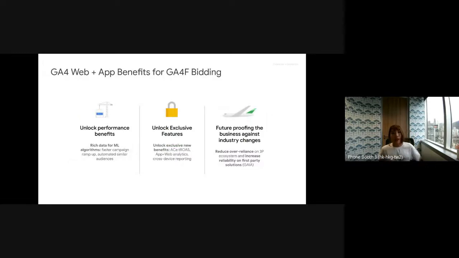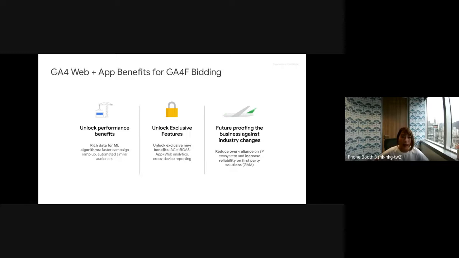So here is a snapshot of the overall benefits of using Google Analytics for Firebase for bidding. First of all, it will help you unlock a lot of performance benefits because we use a lot of machine learning algorithms for it. Later on, I will also introduce one thing called predictive audience, where we use Google machine learning capability on the back end to help you find the most valuable users for your targeting.